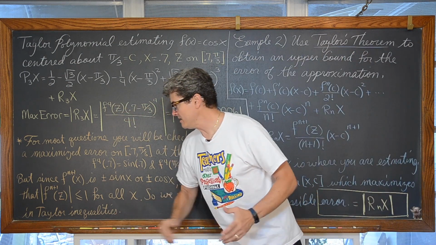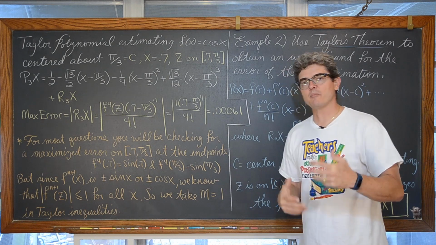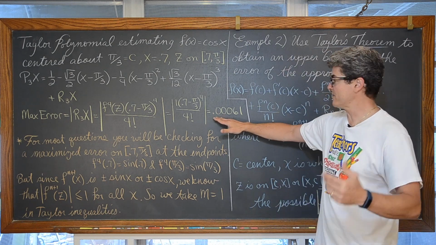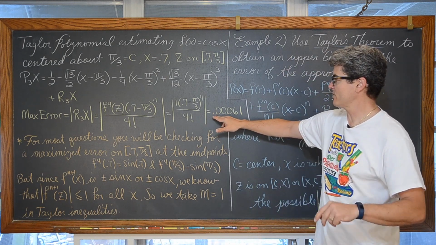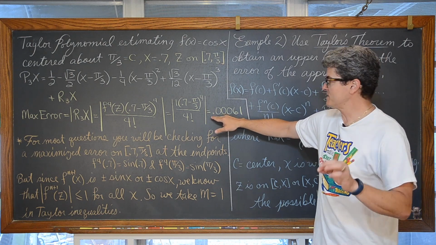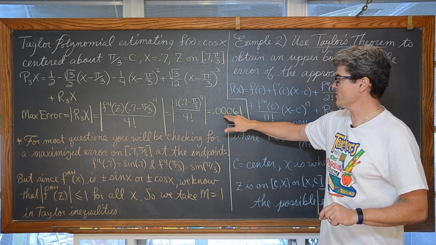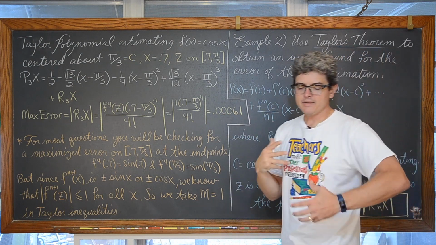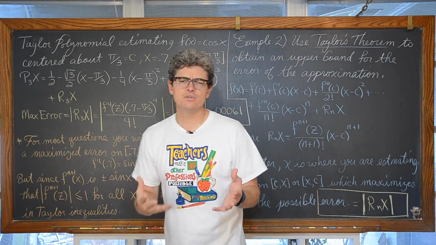But anyway, any of these Taylor inequalities. So our maximum possible error, and we were under that when you subtracted the calculator value from our estimated value, the error that we will get will be guaranteed to be under 0.00061.